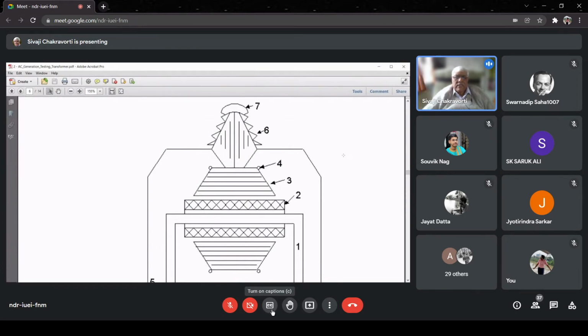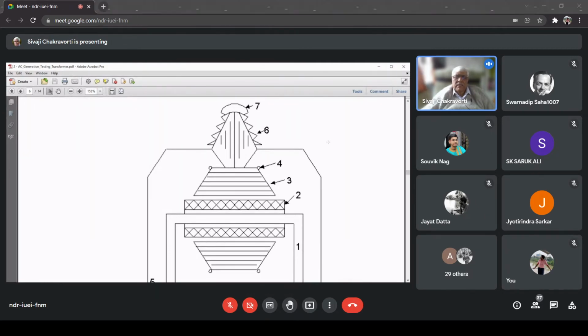See, insulators are used where we have to support the high voltage conductor with respect to an earth part. That means, let's say, the transmission tower. The tower is grounded and the conductor is running, so you have to support it. Now you can support it either on top of the tower or at the hanging position. But in any case, you require an insulator.